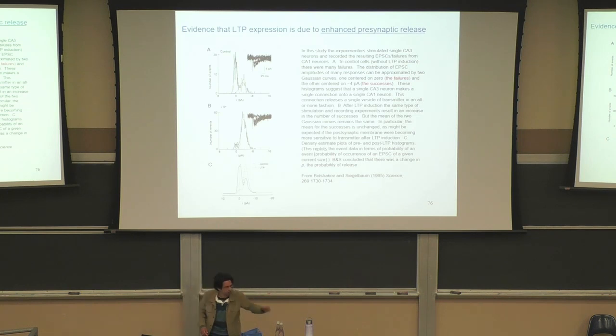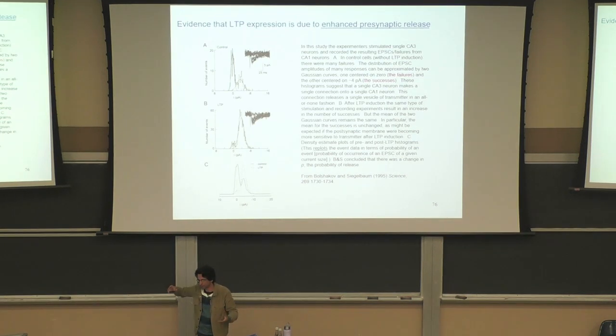Yeah? If the measurement of success is stimulating presynaptic and then recording postsynaptic, how do you distinguish between whether it's because more vesicles are being released or because now you have more AMPA receptors than phosphorus? Yes. This is more because it's shifting from 0 to something. So it's more times a vesicle is being released, and this is kind of one vesicle. This is so weak that you get a vesicle release.